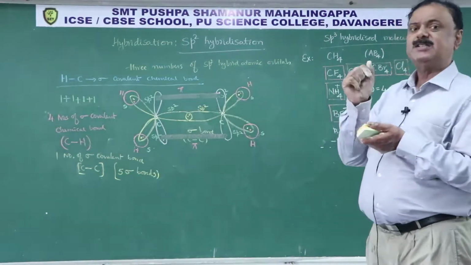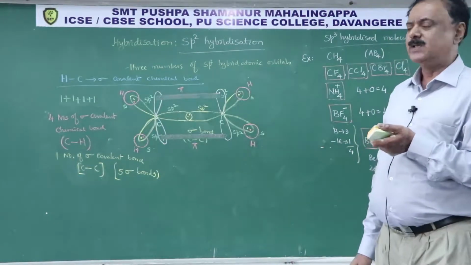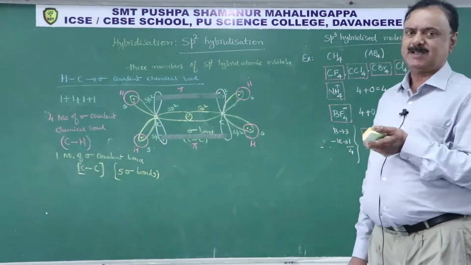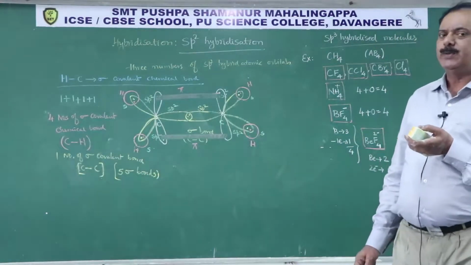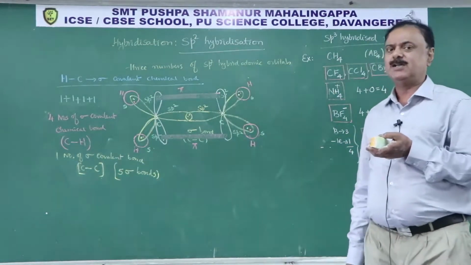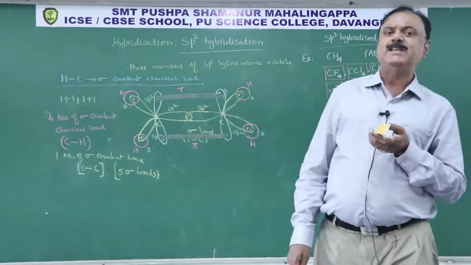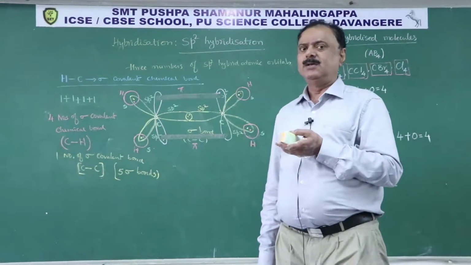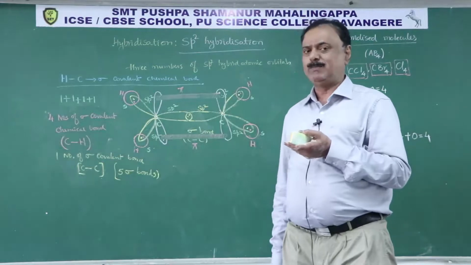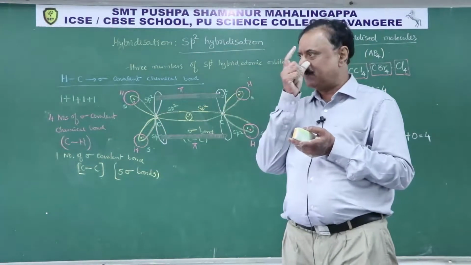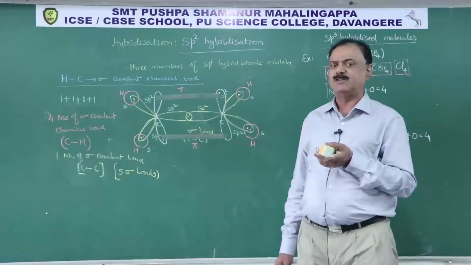Whereas only the p atomic orbital has the ability to form the pi covalent chemical bond. The overlapping of s atomic orbitals is not involved in pi covalent chemical bond formation. Very important: s atomic orbital overlapping does not lead to the formation of the pi covalent chemical bond. sp atomic orbital overlapping does not lead to it either. Only pp overlapping, either px or py or pz atomic orbital overlapping, leads to the formation of the pi covalent